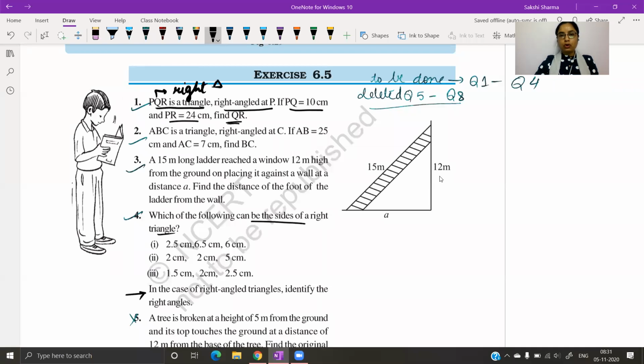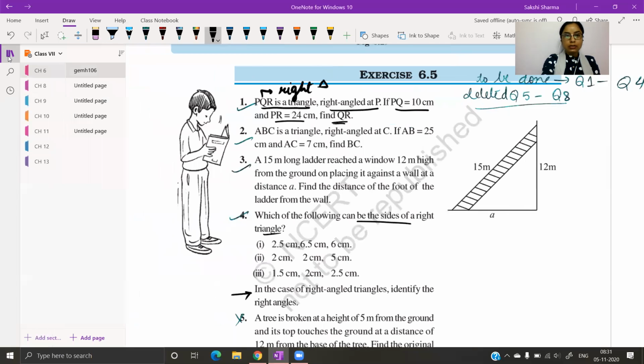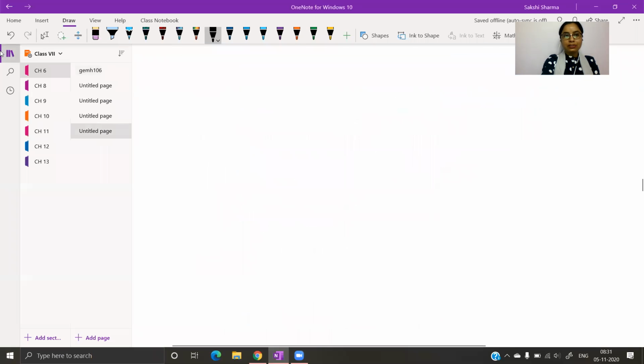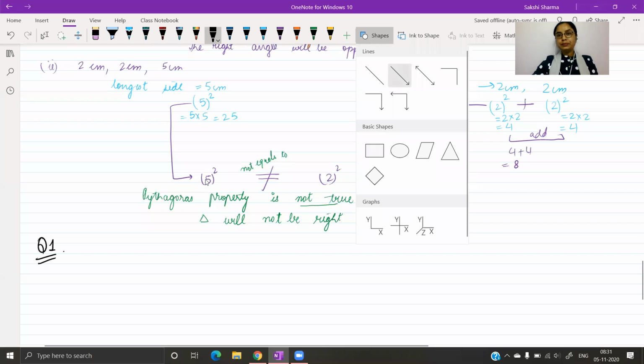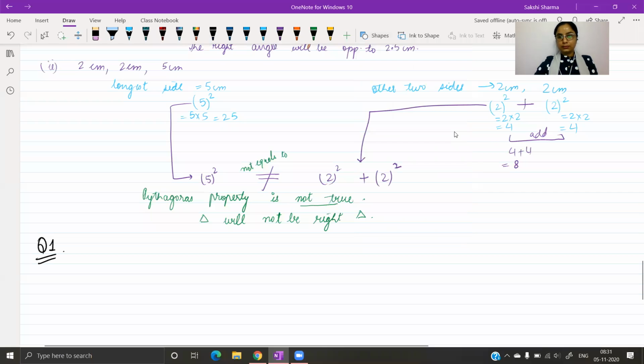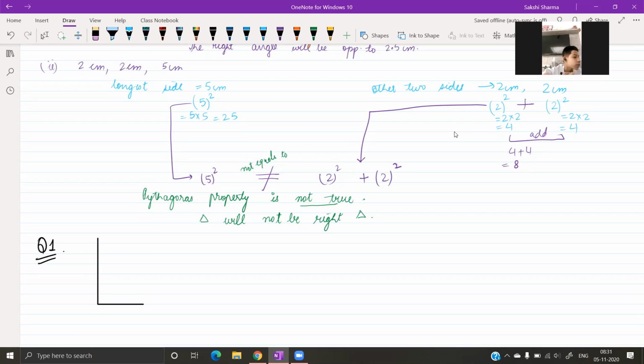I would like you to draw a rough triangle. Rough in the sense means you have to draw a right triangle. The measurements should not be exact. It's okay, you cannot draw a side with 24 centimeters. It will be a very huge triangle. So draw a right triangle and we will just represent the sides as 10, 24 given. Ma'am, longest side is 24 centimeters. All right.